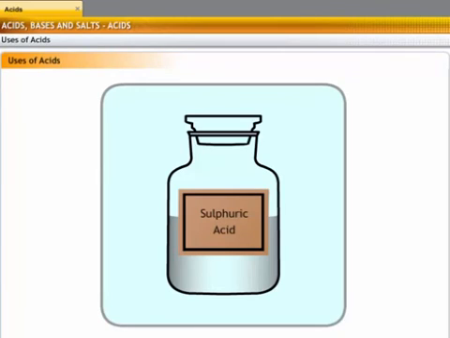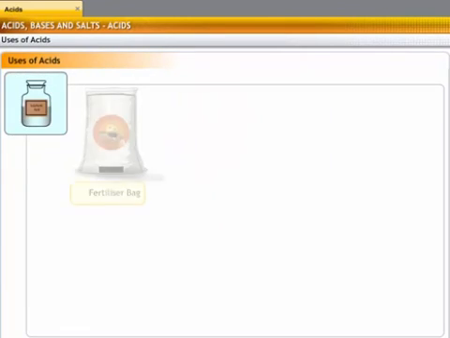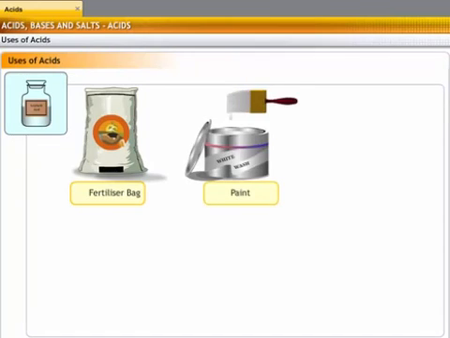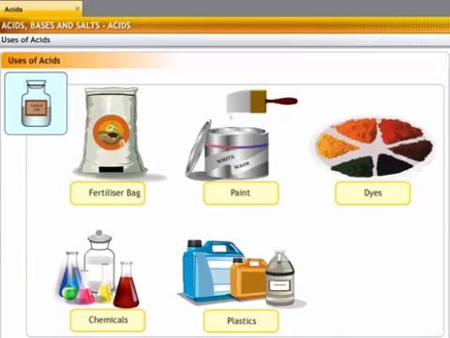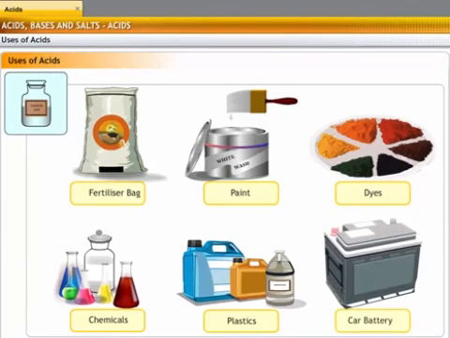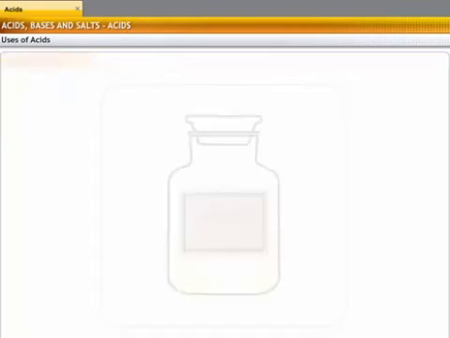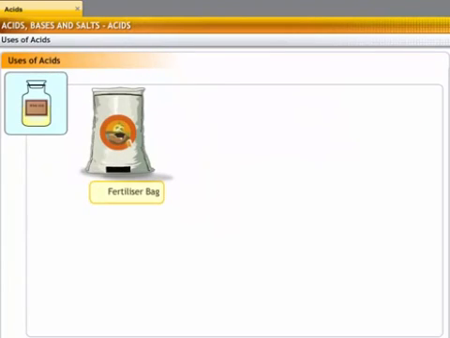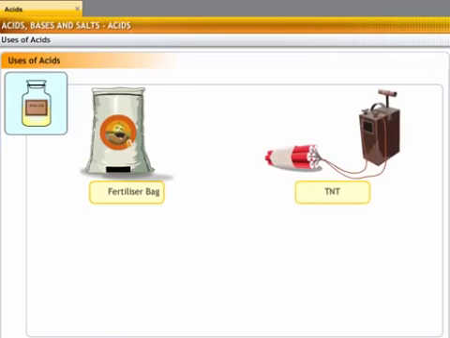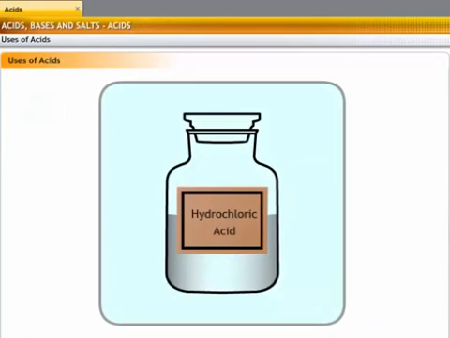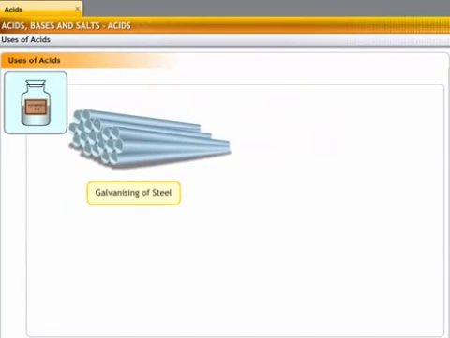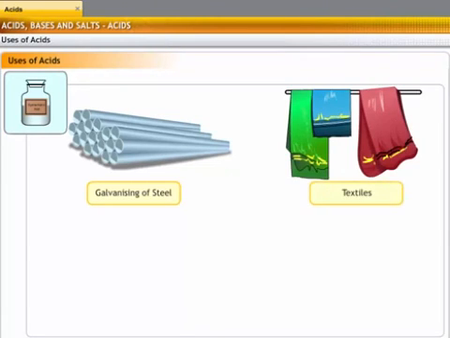Acids have various uses. Sulfuric acid is used in the manufacture of fertilizers, paints, dyes, chemicals, plastics, and synthetic fibers. It is also used in car batteries. Nitric acid is used in the manufacture of fertilizers, explosives like TNT, dyes and drugs. Hydrochloric acid is used before galvanizing to remove oxide film from steel and also as a descaling agent for boilers. It is also used in the textile, leather,